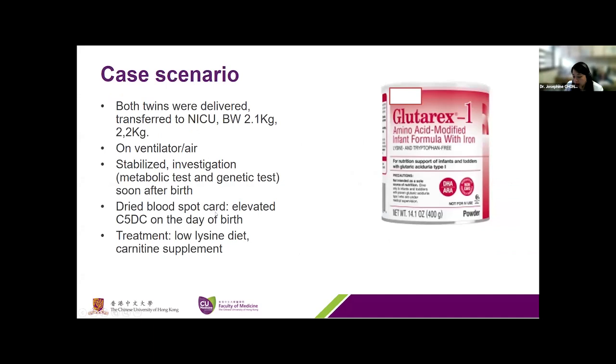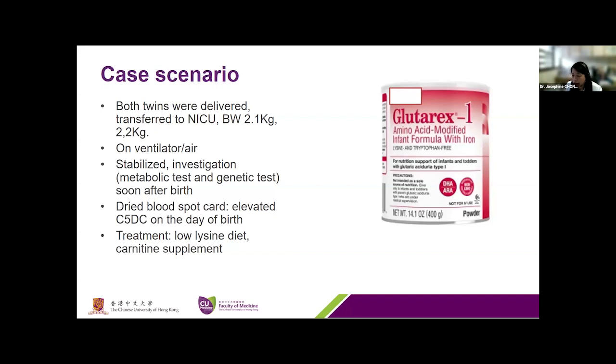Then the newborn metabolic screening result came back, confirming the same findings. The genetic testing had been done on one of the patients, so we had to do the genetic confirmation for the other twin. Treatment had been implemented. So you can see that this is not genetic screening in this case. This patient presented with brain cysts, but it really takes quite a long time for us to counsel the family before the patient is delivered, and subsequently we also need to counsel the family about the other twin, because it's a mono